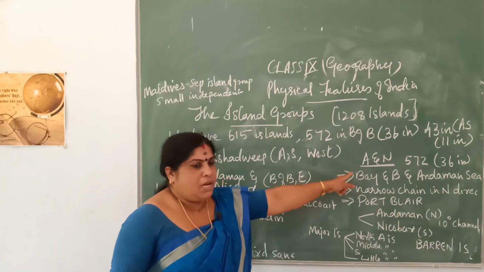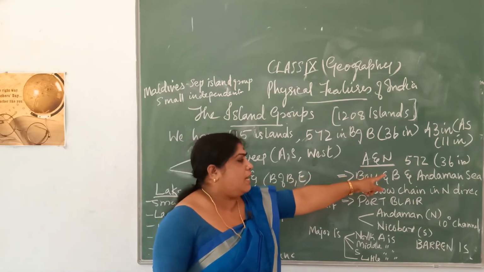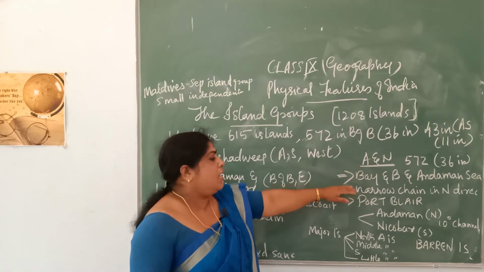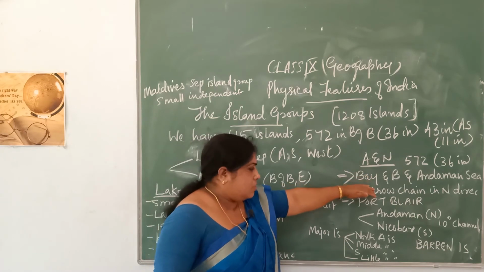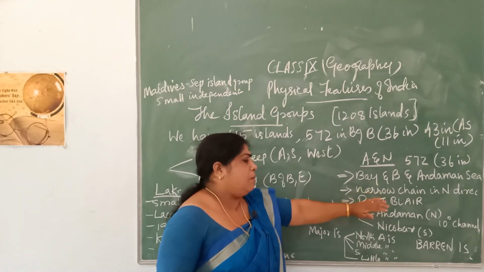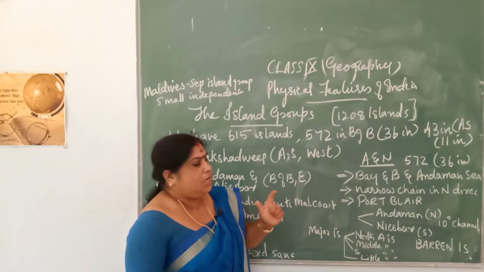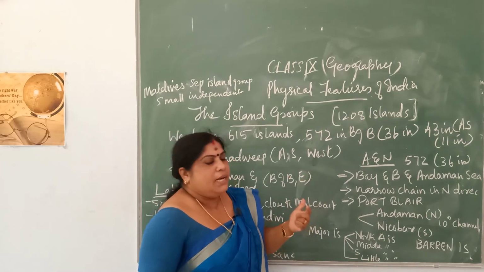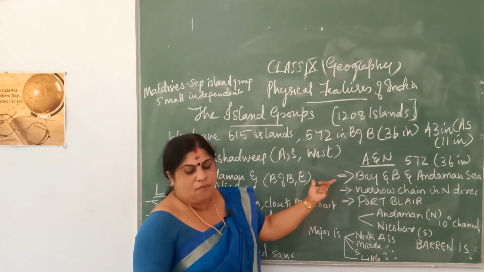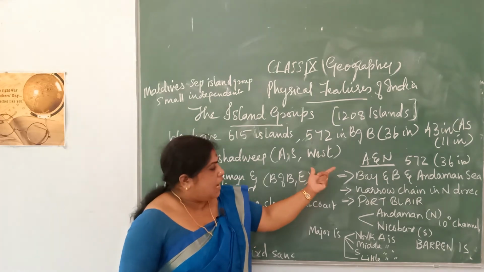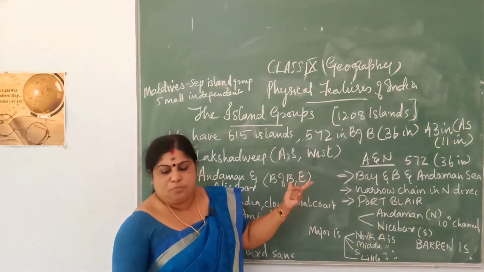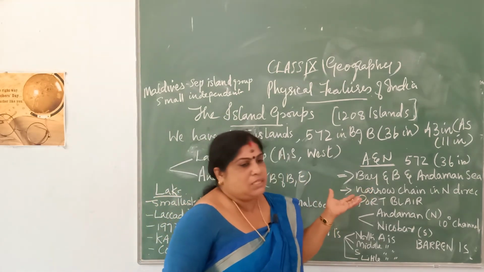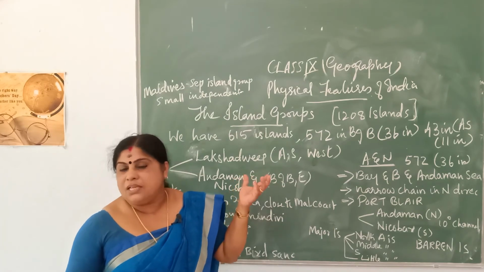Now moving on to the Andaman and Nicobar Islands, situated in the Bay of Bengal. The Andaman and Nicobar Islands constitute 572 islands, out of which only 36 are inhabited and the others are uninhabited. They are found in the Bay of Bengal and the Andaman Sea, as a narrow chain of islands which extends in the northern direction. Port Blair is the capital of Andaman and Nicobar, and these islands are believed to be an elevated portion of a submarine mountain,